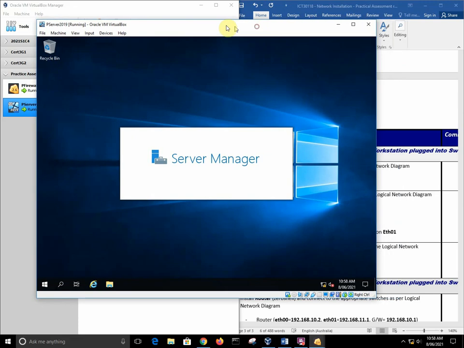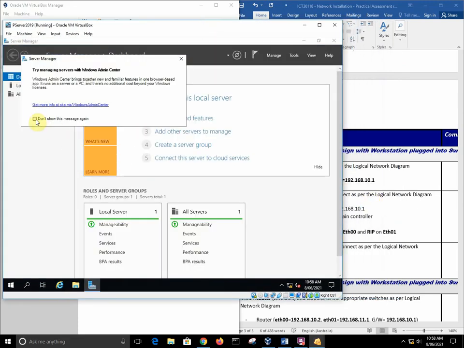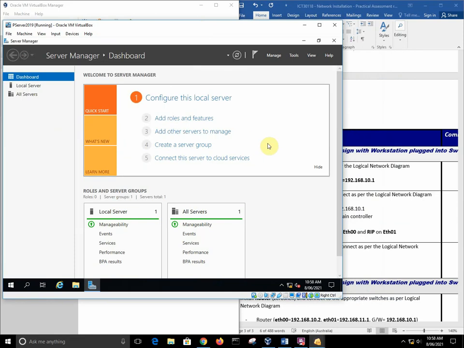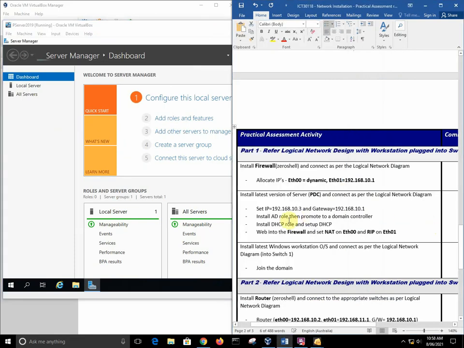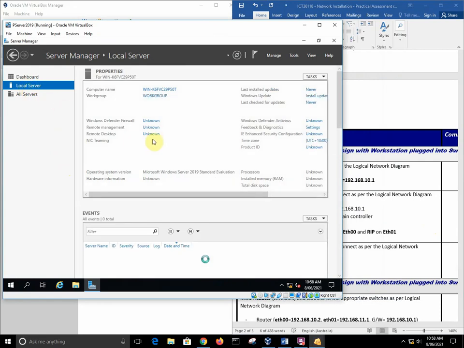Okay, let's move this to one side so we can see what we need to do. I normally just get rid of this. And in here we need to install the Active Directory role. Actually, we need to set the IP addresses first. Okay, so to do that we go to the local server and it's learning about it there. It's currently a DHCP address. We need that to be a static